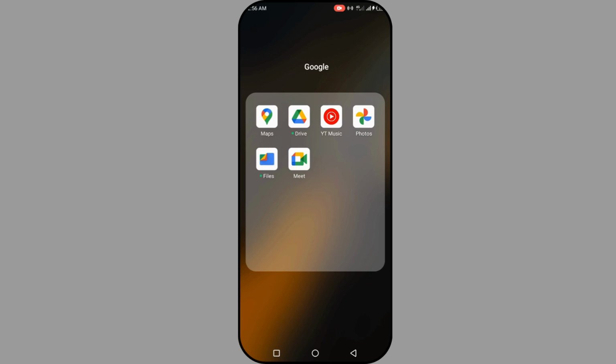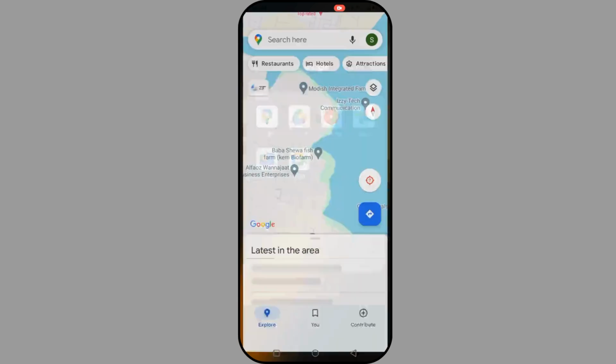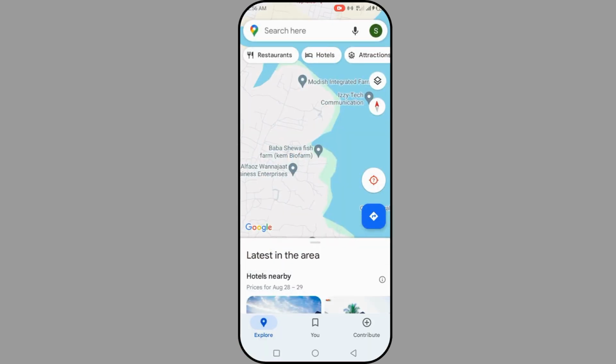So this is it. Once you click on your Google apps here, you will see your maps. Click on your maps here, and this is your maps. This is the map of your present country, your present city, and your present area. So if you look at this,